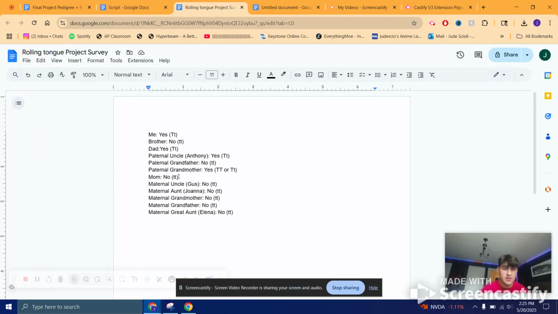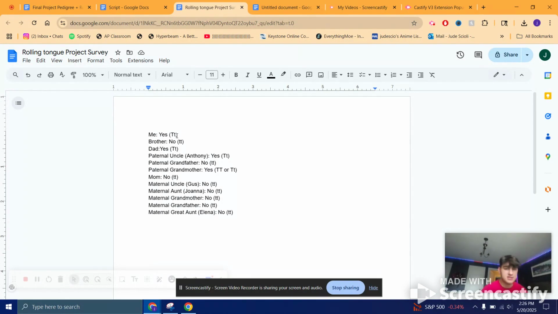Because I know that if you can't roll your tongue, that means you have the recessive trait, I must have inherited 1 lowercase t from my mother and 1 uppercase T from my father. So that means my trait is the heterozygous rolling tongue with 1 capital T and